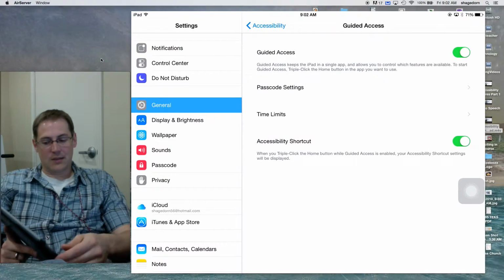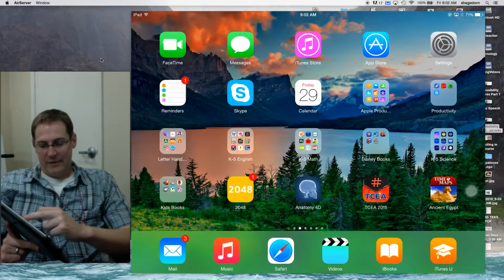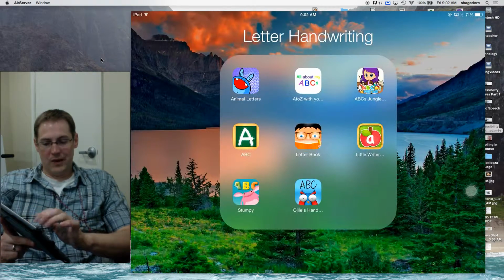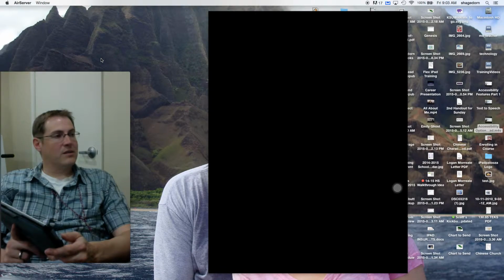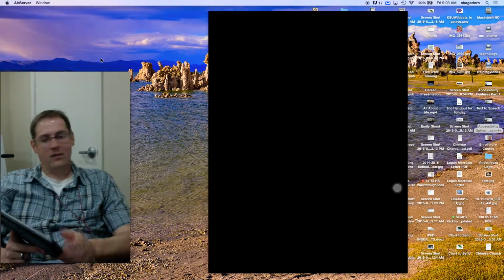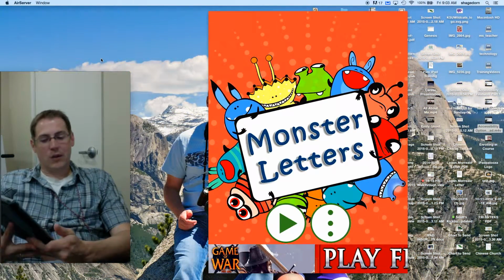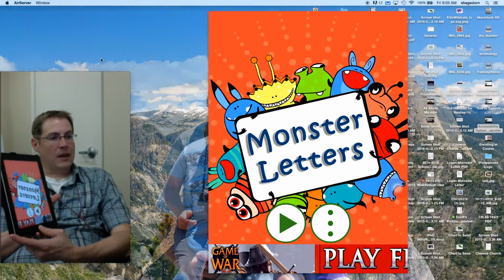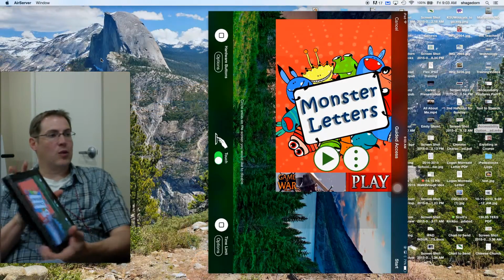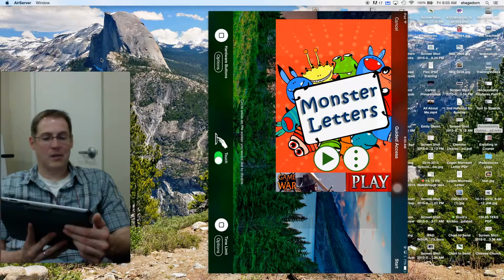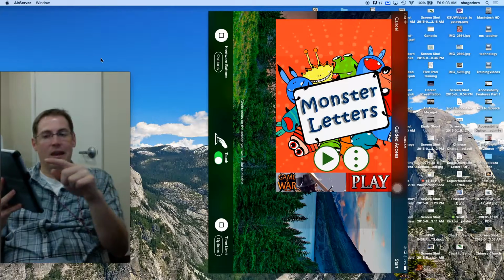But once you do this, you can go, and let's say we are going to choose this animal letters. Okay, so once we are using animal letters, we have monster letters. Now, at the bottom, if you triple click the home button 3 times, you're going to notice that you are brought to this little screen. Now, this one is sideways, so I apologize. It will look normal on you. And what happens, if we hit start,